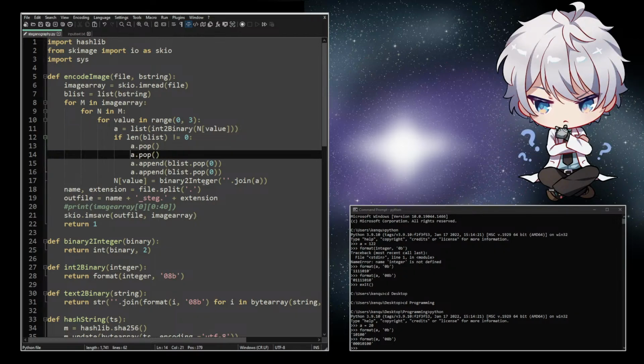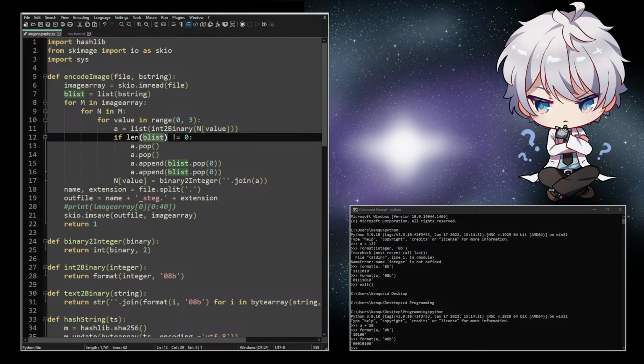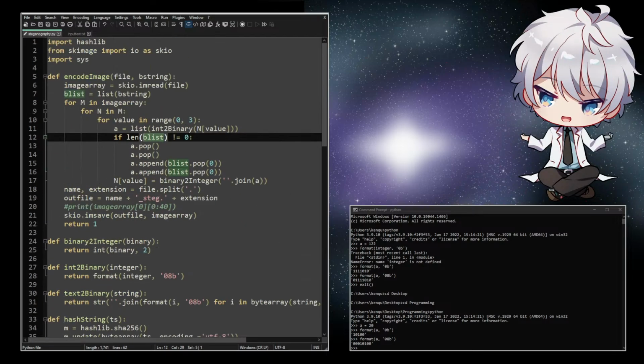and then do the double pop. So here we assume that the string of characters, when it's not 0, we encode it into the thing. So essentially, we know it's going to be an even number of binary bits, because everything's 8, and that's a multiple of 2, and however many multiples of 8 you have, it'll still be a multiple of 2. So it'll always be an even number, and since we're dealing with an even number of bits in the image,